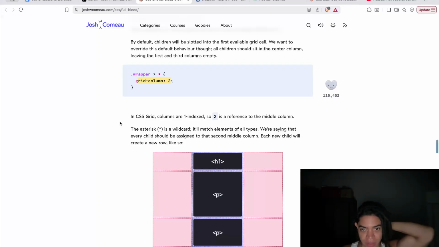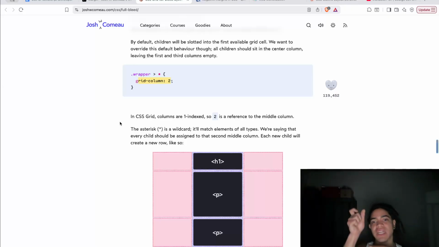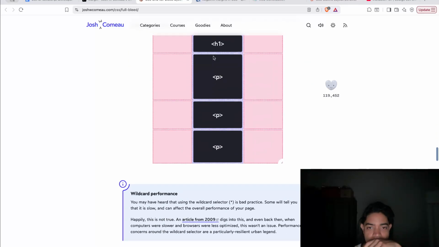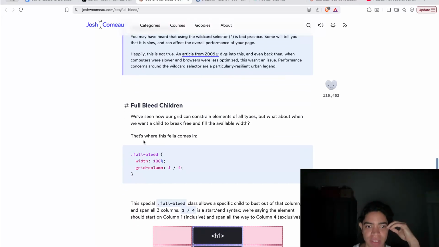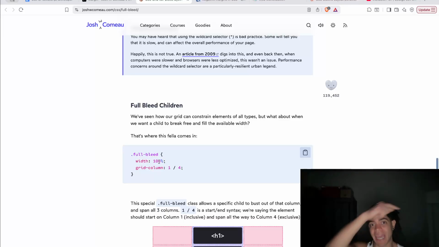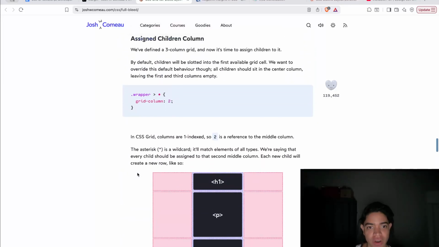The asterisk is a wildcard and matches all element types. We're saying that every child should be assigned to that second column, and each new child will create a new row, like so. And then you say, whoever is going to use this rule, this will now be 100% of the padding component, where the padding component is now the grid. And you're saying here, grid column,